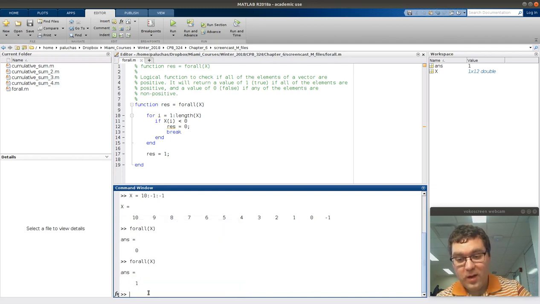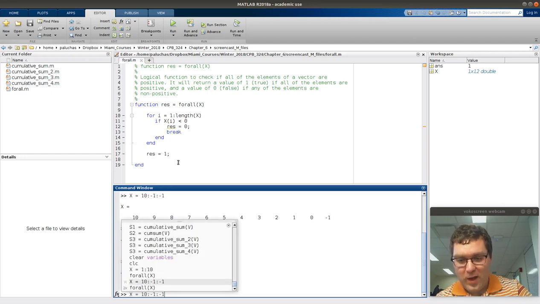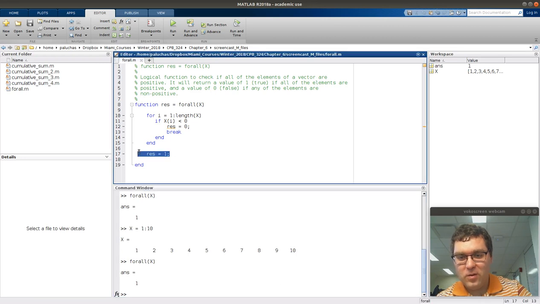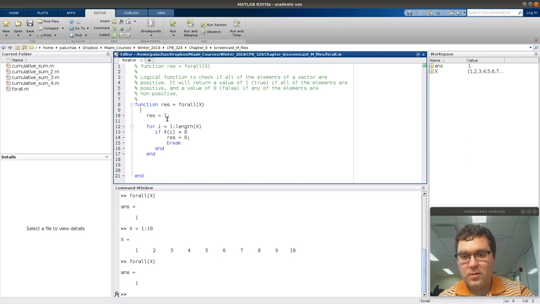Oh no, it doesn't work. It actually fails. So when it's false, the issue is it assigns it a value of 0, breaks out of the for loop, and then it gets to this assignment. If I go back to the original value of x, it'll work. It gets 1, but for the wrong reason because I assigned it at the end. So you need to be careful in terms of where you place that initial assignment. Okay, so here would have to come first, so it would get overwritten here. Okay, so we'll save that, and that's